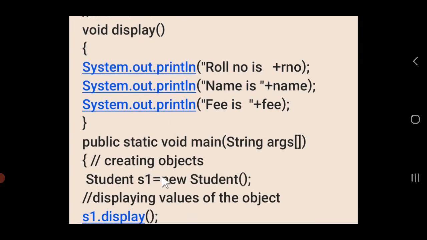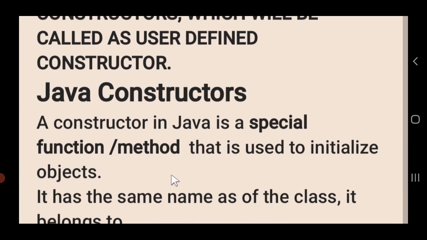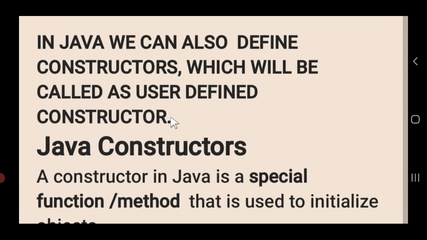All right, so let me tell you, students, what happens when you do not define the constructor. Java provides you with its own constructor, and that constructor is known as the default constructor of Java. You have not created that. But yes, Java has given us the ability to create our own constructors for the classes we design, and that is called the user-defined constructor.